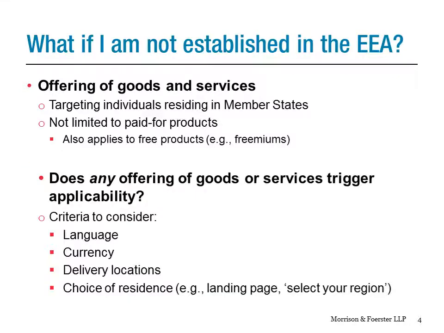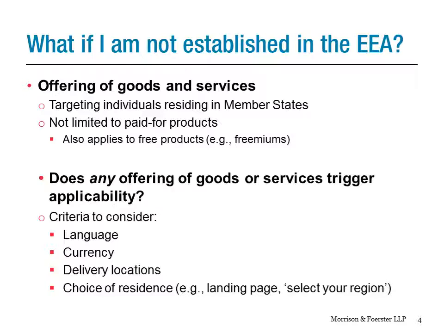And then when you look at slide 5, what does offering of goods and services mean? It's not necessarily that you offer goods or services for a fee and you charge for that, but it can be website content that is provided for free, some brochure sites, and that's quite important, I think, because you may have sites hosted out of the States that have free of charge information, and these sites may now be within the geographic scope of the regulation. So it's not limited to services or products for a fee. What is important is whether you target